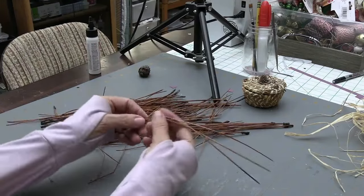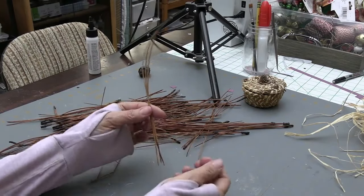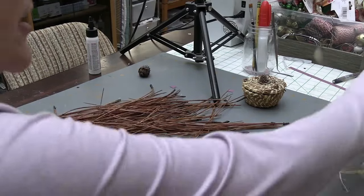You want them as long as possible. And I have these long pine needles in my backyard. I think there's even longer ones out there. So get as long as you can. Okay, so the first thing you want